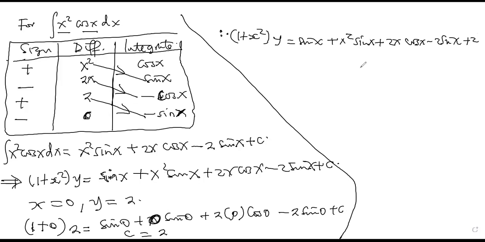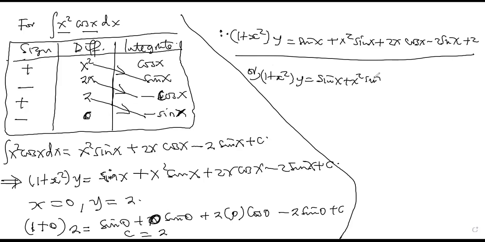Yeah, so one can leave it here, or one can say (1 plus x squared) y is equal to sin x plus x squared sin x plus 2 into (1 plus x cos x) minus sin x, so that if we divide through by 1 plus x squared, it would be